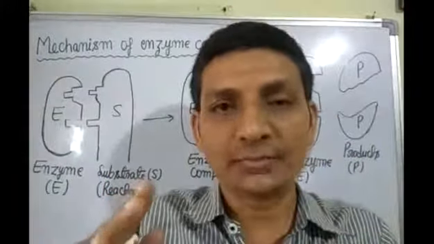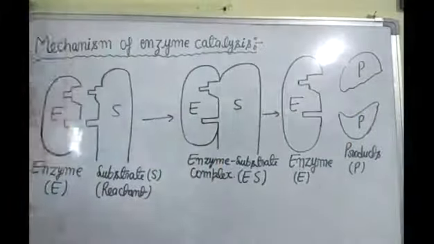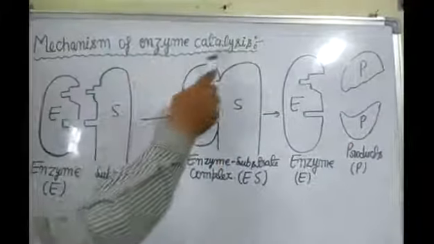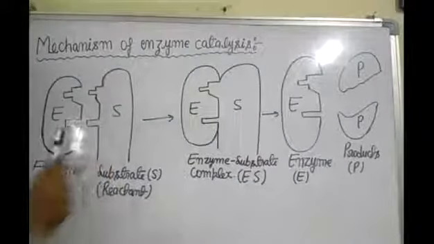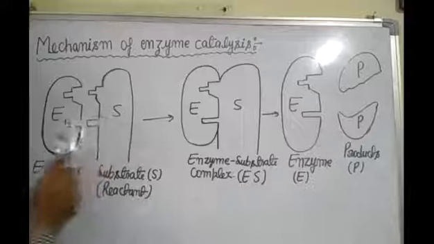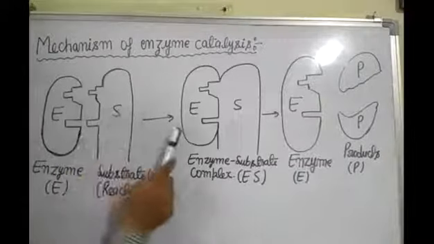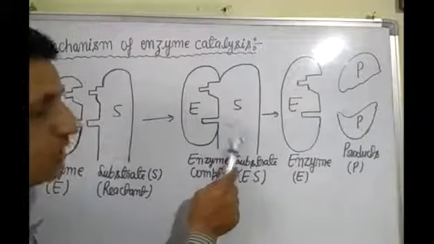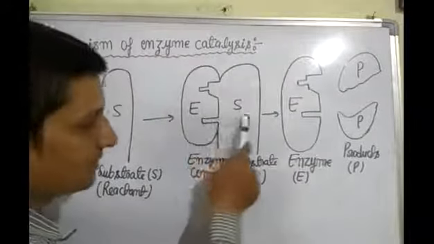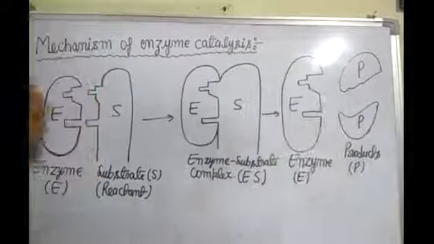Dear student, I am telling you the mechanism of enzyme catalysis on the basis of structure, and after this on the basis of normal level you can write it in this way. Look here. Mechanism of enzyme catalysis. This is enzyme, this is substrate, they bind, they combine, means binding of enzyme to substrate to form enzyme substrate complex. Step 2. In this step, enzyme substrate complex decomposes to give enzyme and product.